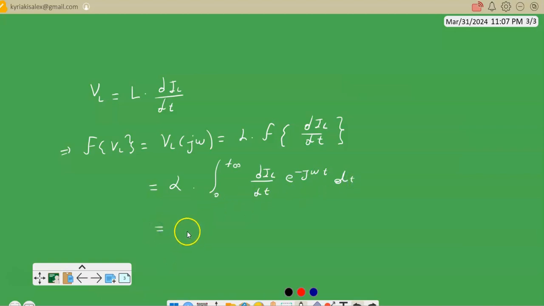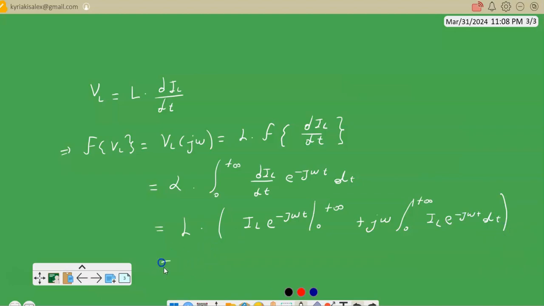Here now I have to do integration by parts. This term vanishes, and I always have j omega L times the Fourier transform of the current,